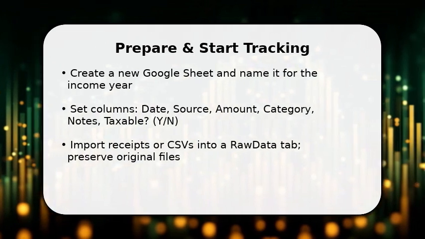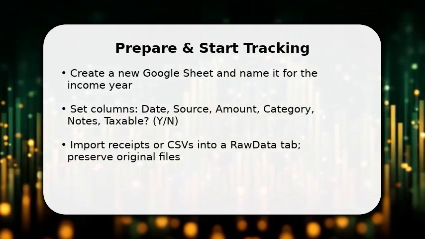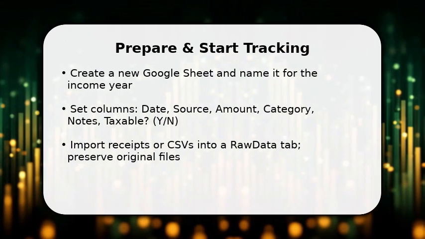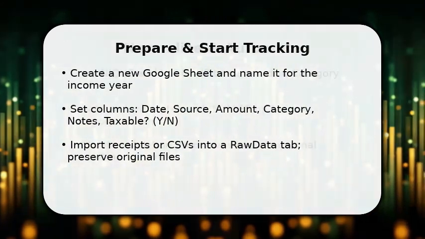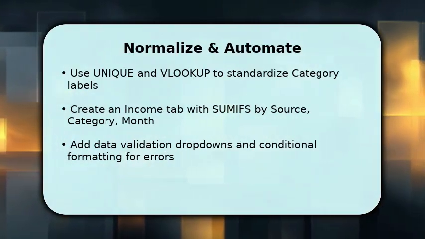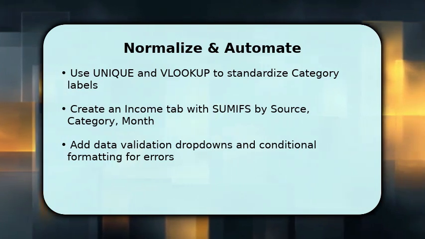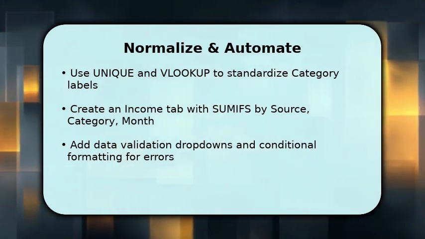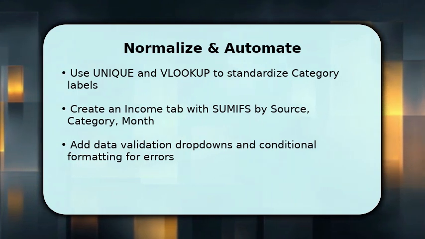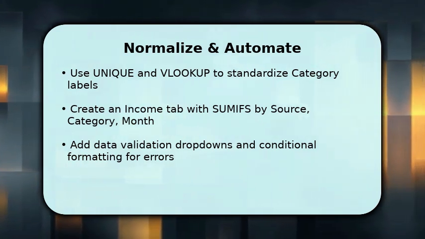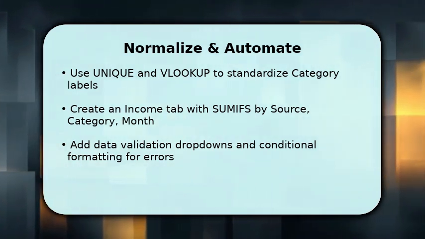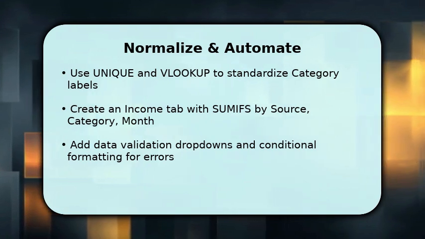Consistent column headers let you filter and pivot without guessing which row means what. Make sure imports keep date formats intact. Now normalize entries. Create a small mapping table and use VLOOKUP or INDEX/MATCH to turn free text sources into standardized categories. You then build an income tab that uses SUMIFs to aggregate amounts by source, month, and taxable flag, which